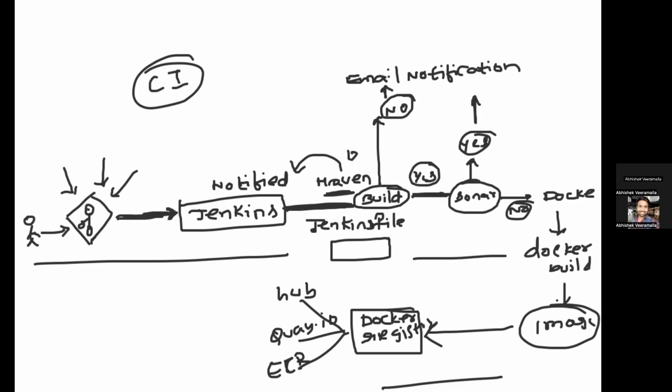So what have we done in the continuous integration? Firstly, we started with a developer raising a pull request, or trying to push something to the Git repository, and here the Git can talk to Jenkins, because Jenkins is your CI tool, or Jenkins is your orchestrator. So Git can talk to Jenkins in multiple ways. One is Jenkins can continuously poll this one, right? The other thing is you can configure some build triggers in Jenkins, but the most efficient way is to use